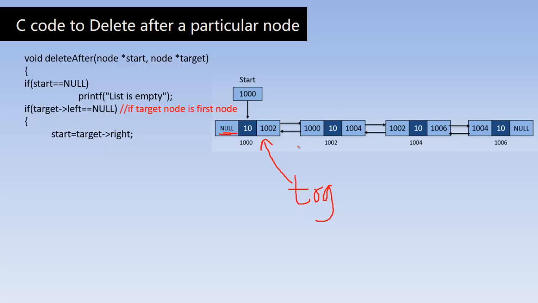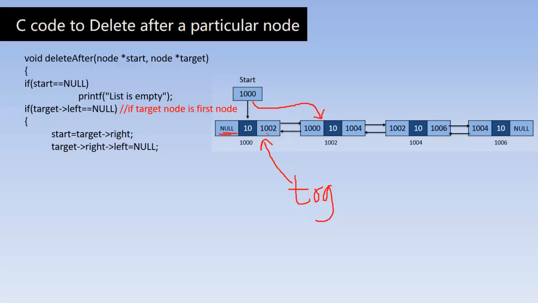What is target arrow right? Target arrow right is the address of the next node. So store that address inside start. Now start will point to the next node, right? And